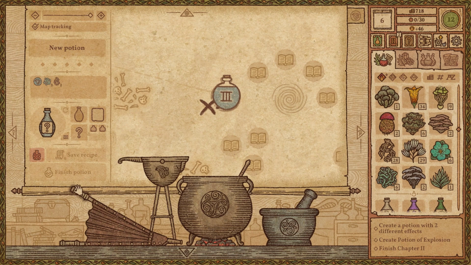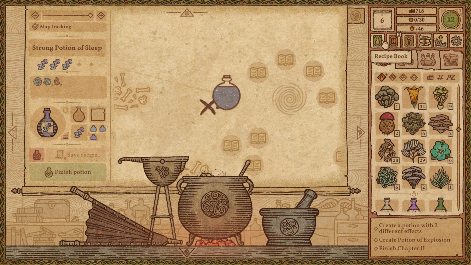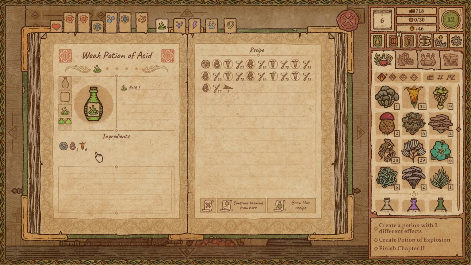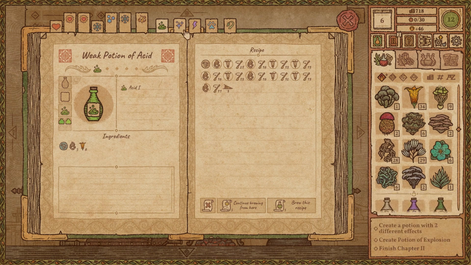Ooh, I didn't think we were going to be able to get there, and we did. Sleep potion! Here we go. Strong sleep potion. Honestly, pretty efficient recipe. I lie. I mean, it's not bad because it's 5 ingredients, but we need 3 tangleweeds, so that's kind of scary because that's definitely not something that we typically